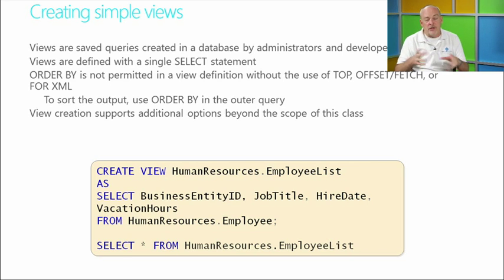Now, this is an example of creating a view with just one underlying table. You can actually create a view with multiple underlying tables. We could use a join statement and get information from the employee list and the employee address list if we wanted to. Or from the employee list, we could see how many employees are also customers that bought some of our product. So we can use a join statement here to make this a little more complex. But this view just takes 4 columns from our employee table and creates a view of them. Now I can give individuals permission to access the view without giving them permissions to access the other columns within that